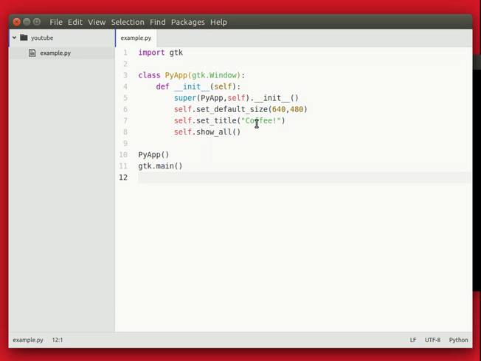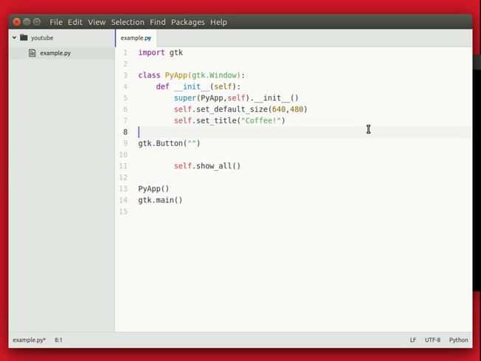Maybe you want to change the title into something else, but you can change it to anything you want using the setTitle function. So we're going to add a button. And the GTK module simply has a button function inside it. The button needs to have a title, like a text on the button. So I'm just going to call it YouTube on the text,